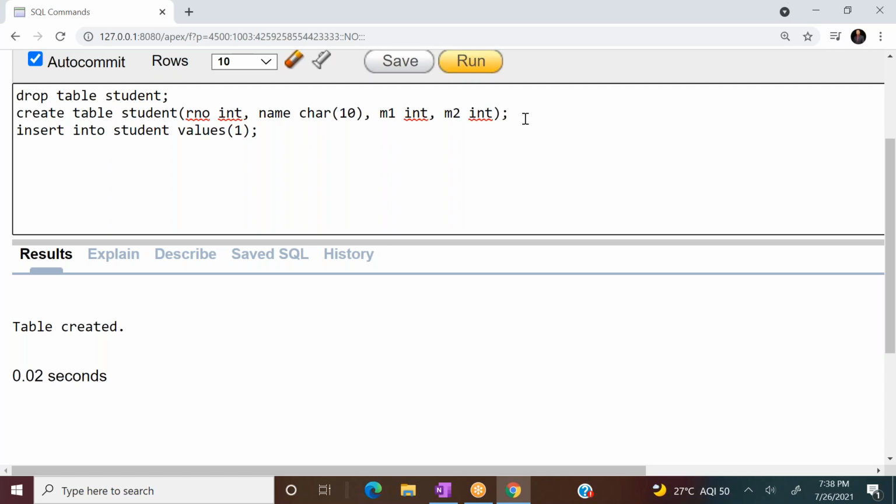Roll number 1 and the name Akhil, marks in subject 1, 10, marks in subject 2, 5.